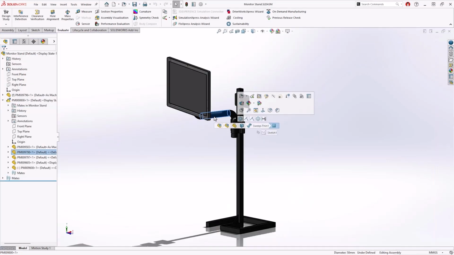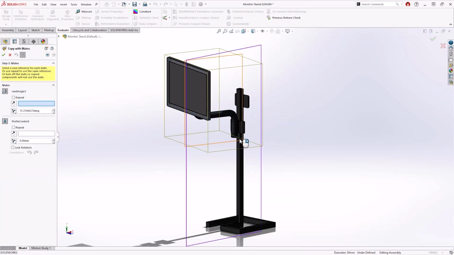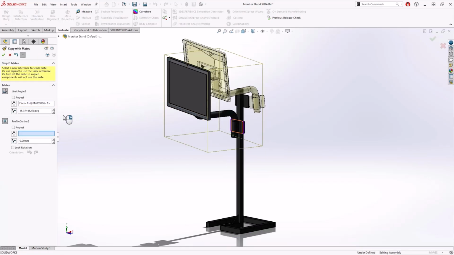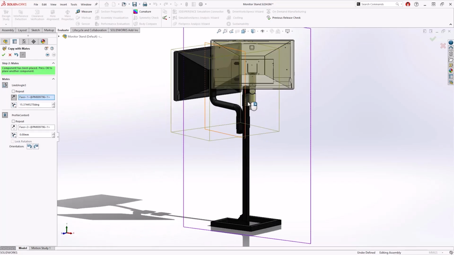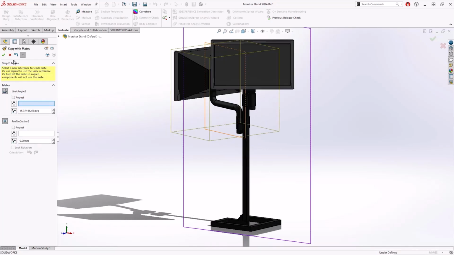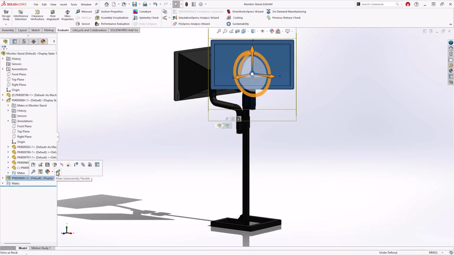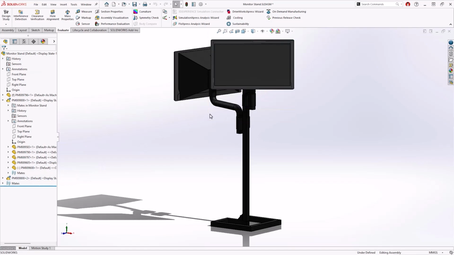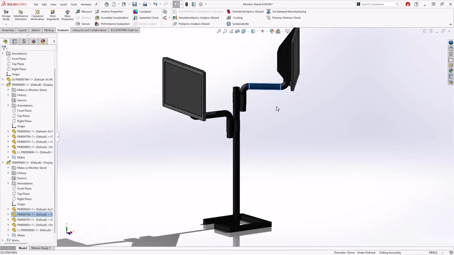This is an extremely efficient way of carrying through redundant mating processes in your design. The Copy with Mates enhancement includes all mechanical and advanced mates such as angular mates, limit distance mates, profile center mates as we see here, and many more. Now to set this subassembly as flexible, and this additional monitor stand is complete and ready to be introduced into a new facility layout design.